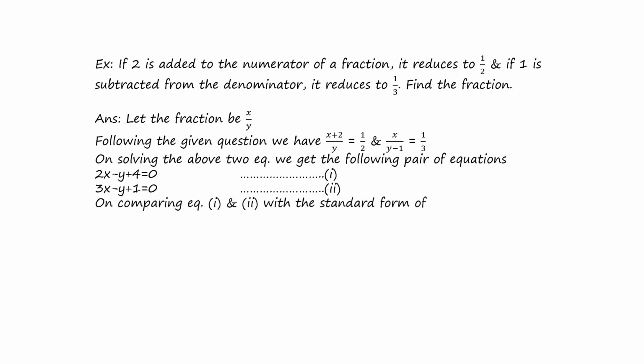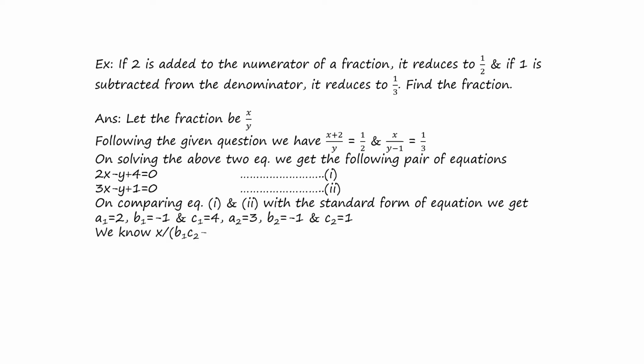On comparing equation 1 and equation 2 with the standard form, we get a1 equals 2, b1 equals minus 1, c1 equals 4, a2 equals 3, b2 equals minus 1, c2 equals 1. Now we know x by b1 c2 minus c1 b2 equals y by c1 a2 minus a1 c2 equals 1 by a1 b2 minus b1 a2. Now putting the values of a1, b1, c1 and a2, b2, c2,